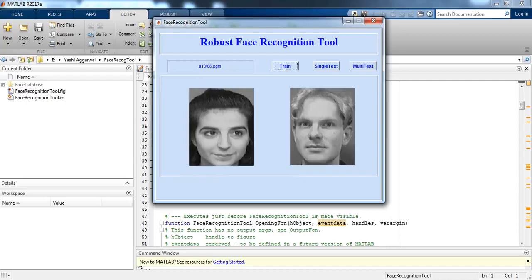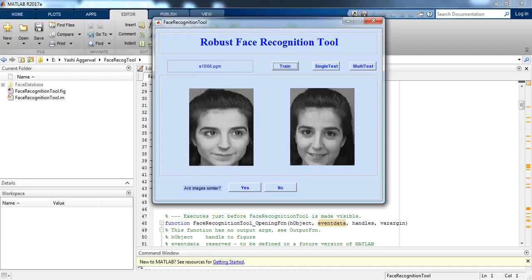These are not similar, so we can say no. We just need to train for multi-test like this, and then we can test it.